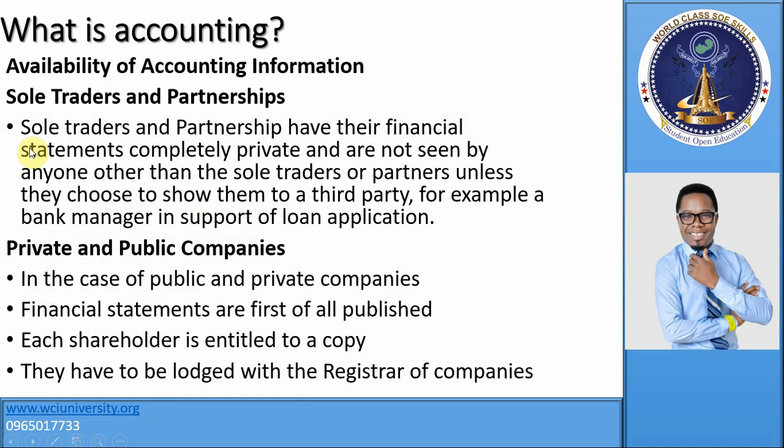Availability of accounting information. Sole traders and partnerships. Sole traders and partnerships have their financial statements completely private and not seen by anyone other than the sole traders or partners unless they choose to show them to a third party, for example, a bank manager in support of a loan application. Private and public companies. In the case of public and private companies, financial statements are first of all published. Each shareholder is entitled to a copy. They have to be lodged with the